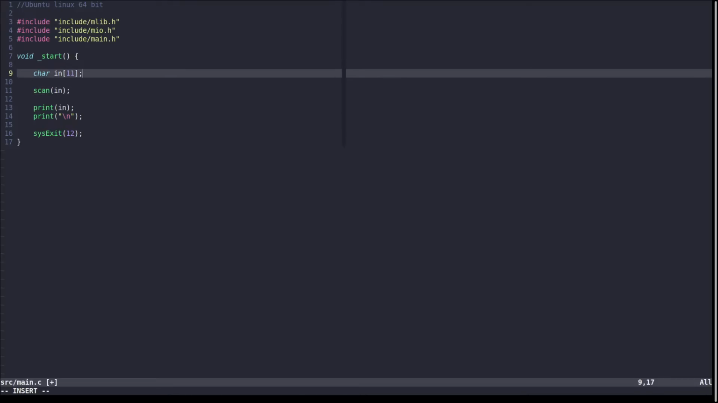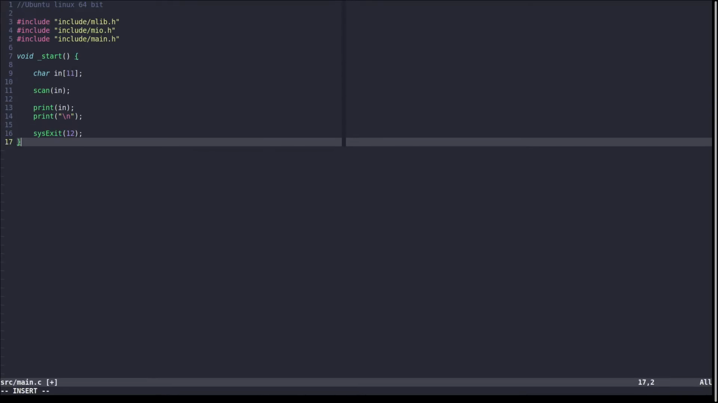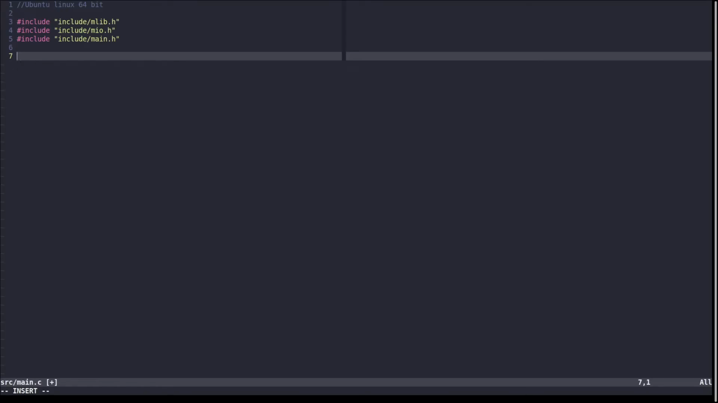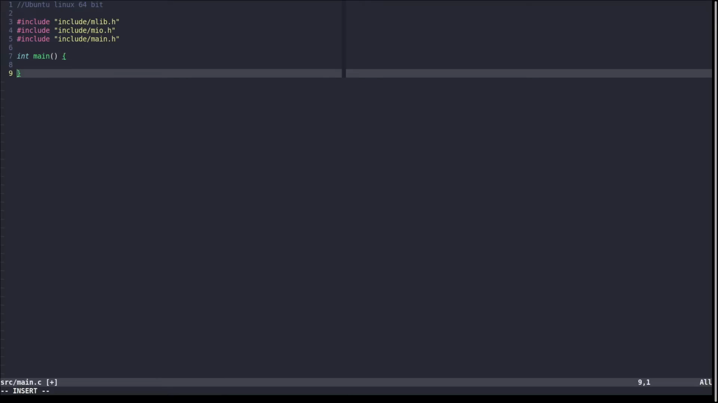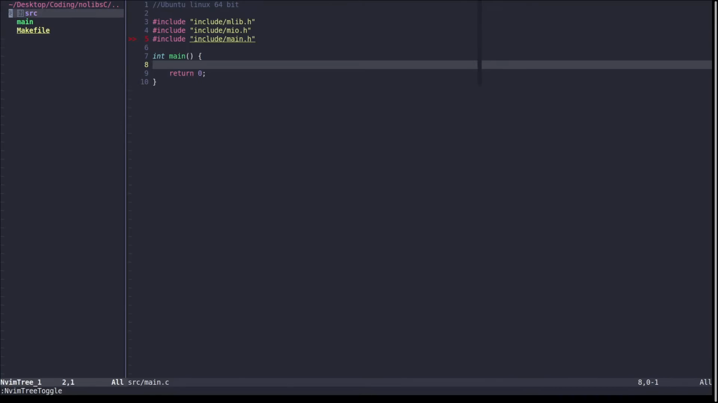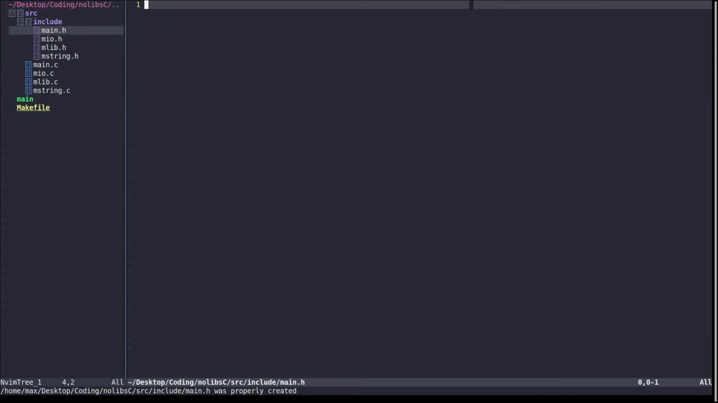Okay, so if I'm going to remove this, this is no longer going to be the void start. Instead, this is going to be int main. And we're not going to include the args just yet, int main. And we're going to have return 0. So then let me just add in an include main.h. And in here, there's only going to be one thing that can be included. So